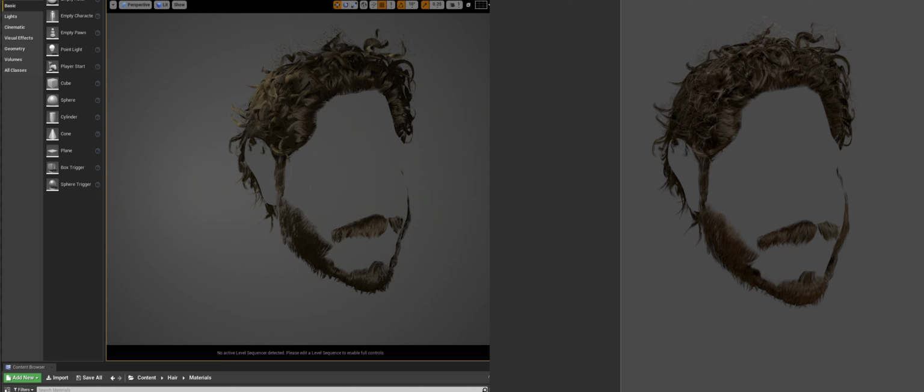Both hairstyles have a similar poly count. This is 23K and that is 23K as well, and the hairstyle is the same, and we are getting so much spec on Unreal Engine 4. But yeah, it all depends on depth, and we don't use an ambient occlusion map in Unreal Engine,